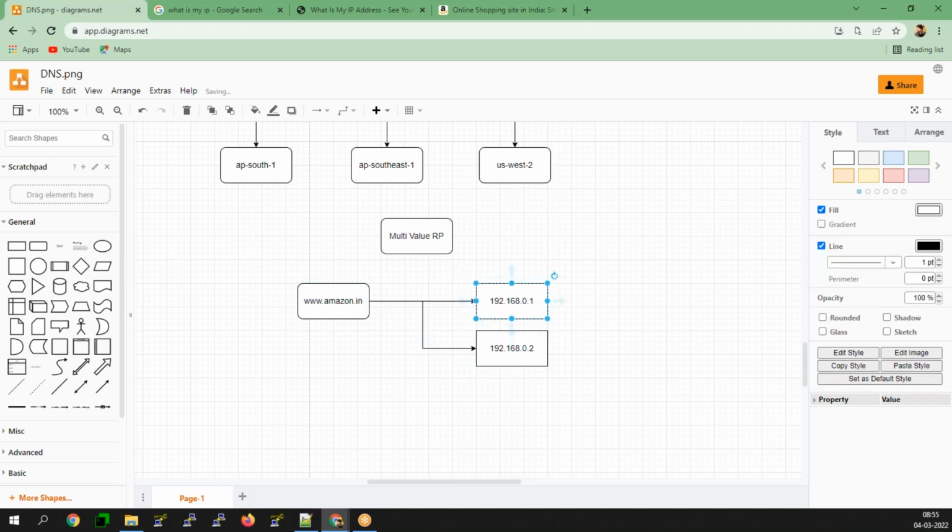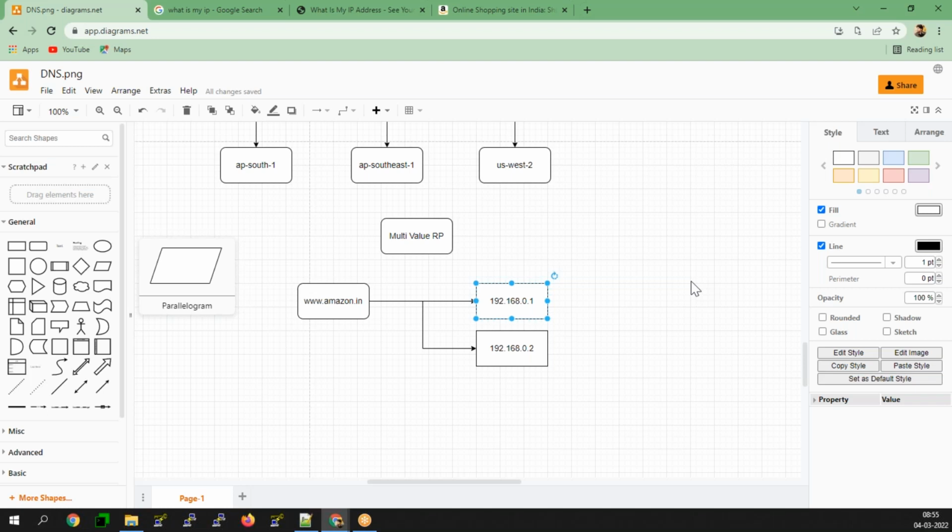Like that, you can have multiple A records. That is how the multi-value routing policy works, right? Am I clear on this?